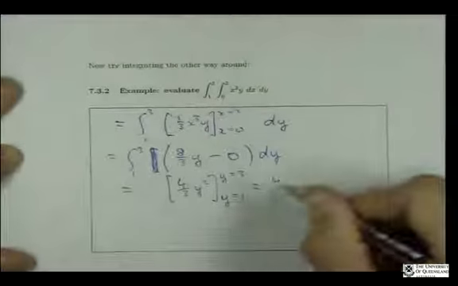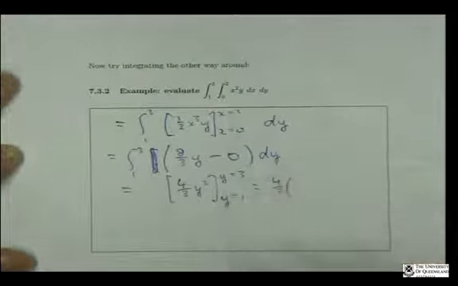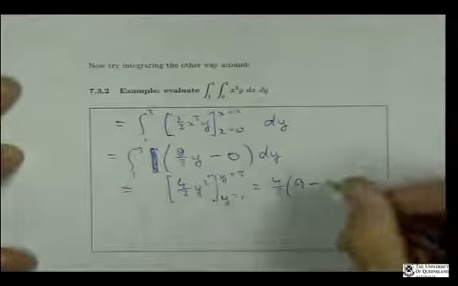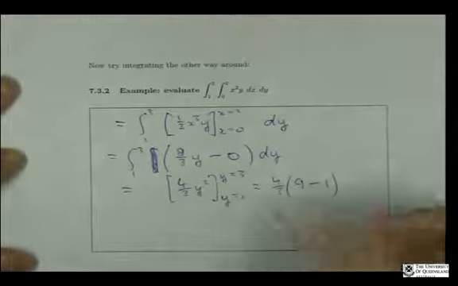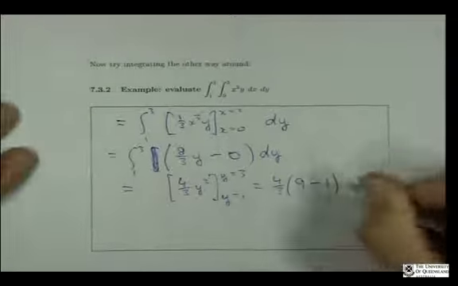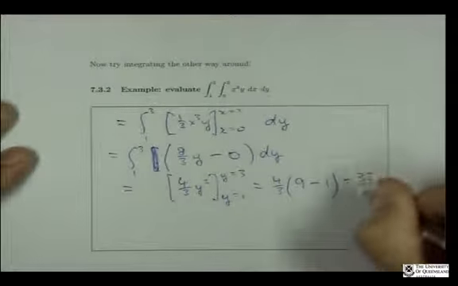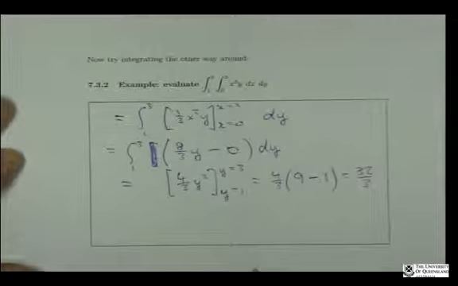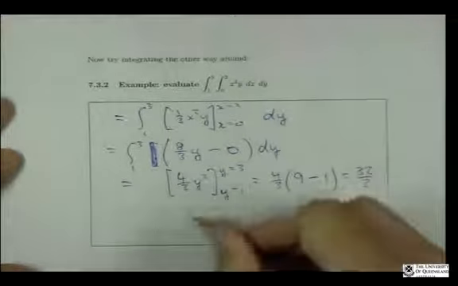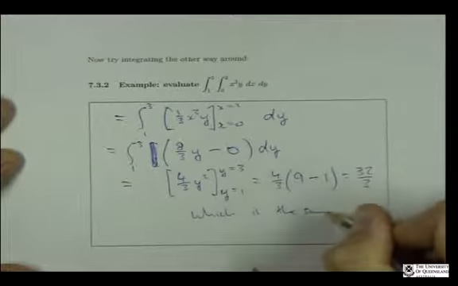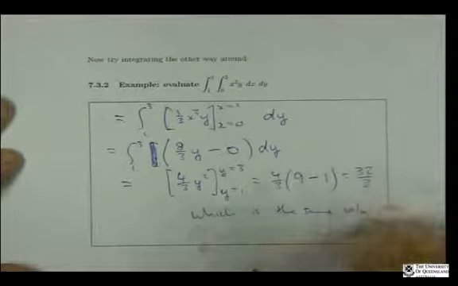Okay, so that's just 4/3 times 3 squared is 9 minus 1 squared is 1. And again we get 4/3 times 8, or 32 on 3, which is the same value